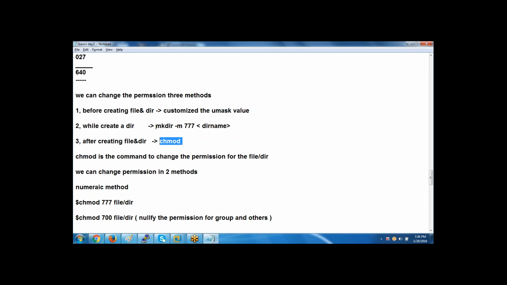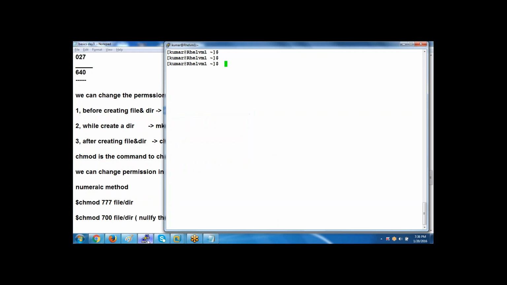Okay, so I will just show you from the second method because we have already seen how to change the UMask value. And of course, after changing the UMask value,